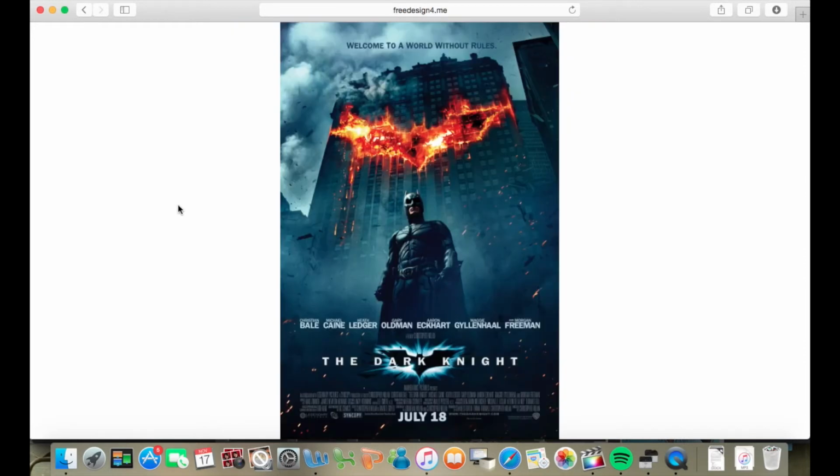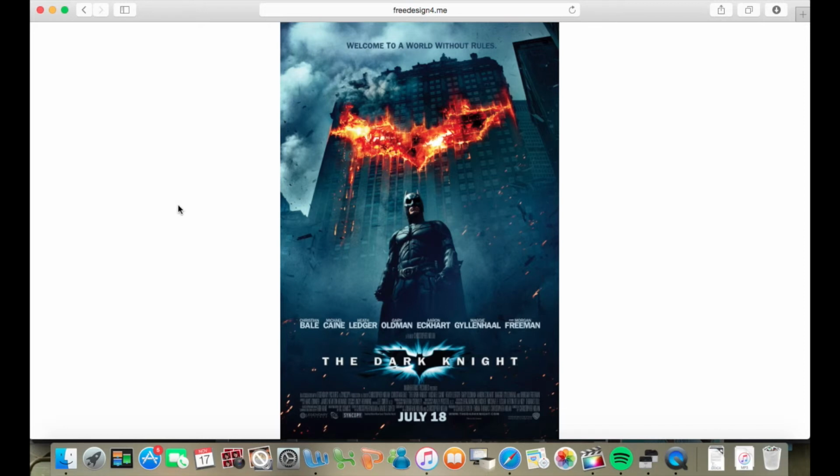The next poster I'm going to be analysing is the Dark Knight poster. This poster is quite different from the other posters. It's got a few similarities to, for example, the Looper poster, in the layout of the text. It's got the main image, which is Batman, and the main standout thing, which is the bat symbol in fire. A lot of the poster is very dark, and the bat symbol of fire is the only real light thing in the poster, as they've made the sky quite dark as well, so you can't really see much, and the main thing you're supposed to see is obviously Batman and the bat symbol.